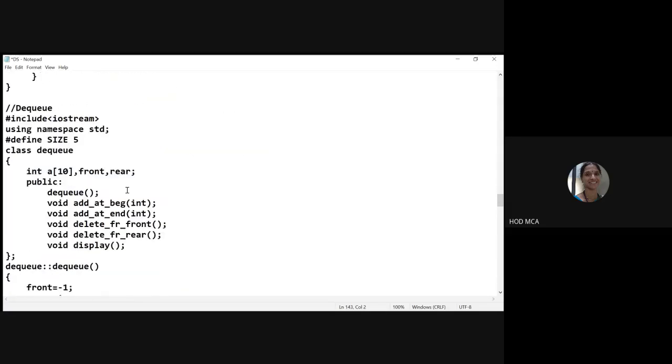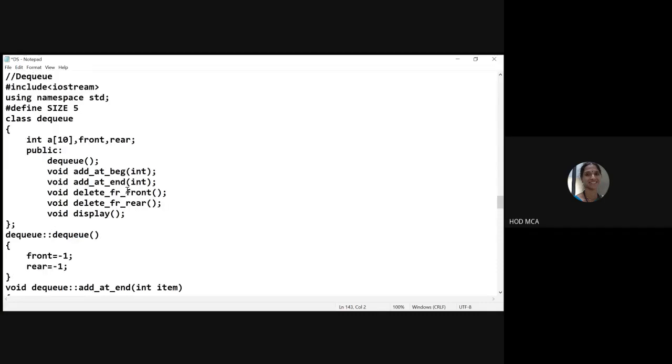Now when you come to DQ, what is a DQ? Anybody? What is a DQ? Double-ended queue. Yeah, double-ended queue. Manjunath, do you have any answer? What is a DQ? Same, ma'am, double-ended. What is the operation? Double-ended queue means what? We can insert and delete from both the ends. Good. You can insert and delete from both the ends. That is called a double-ended queue.